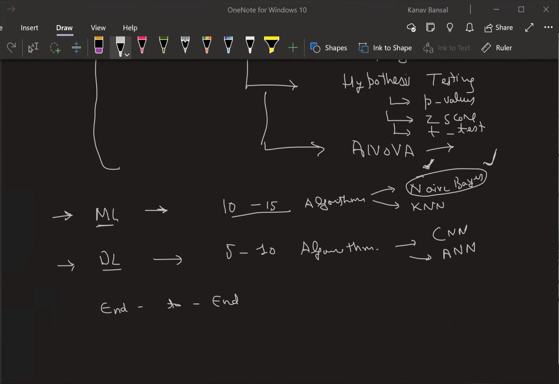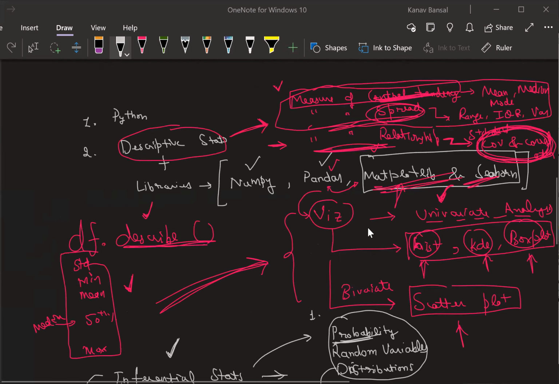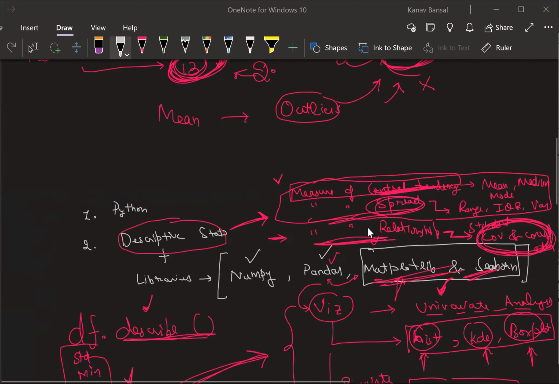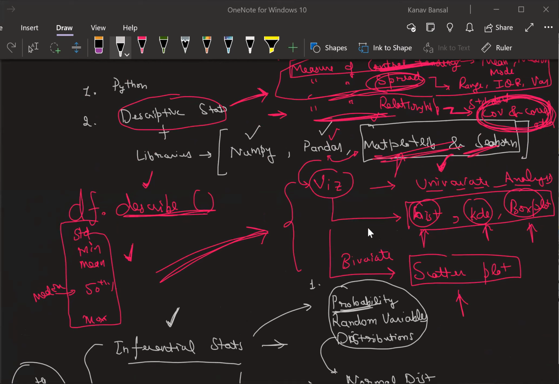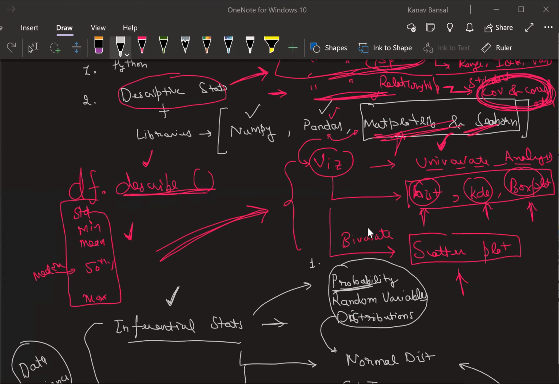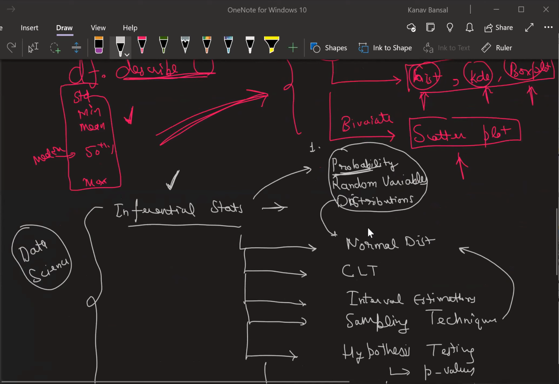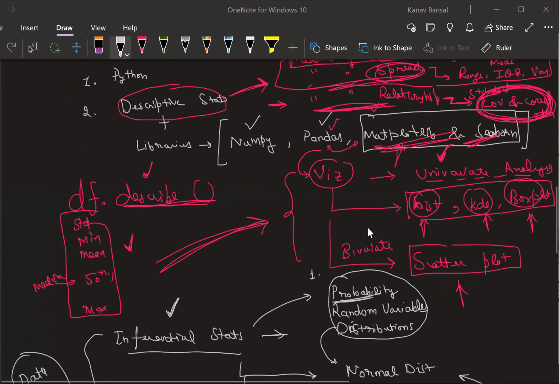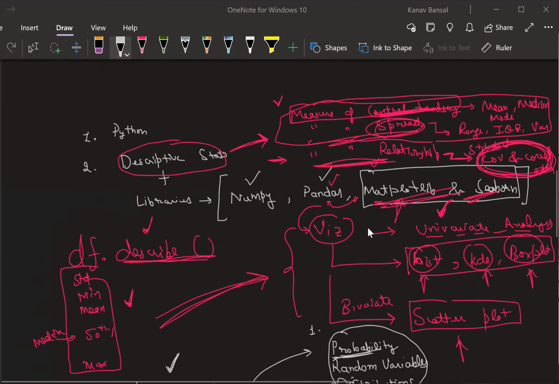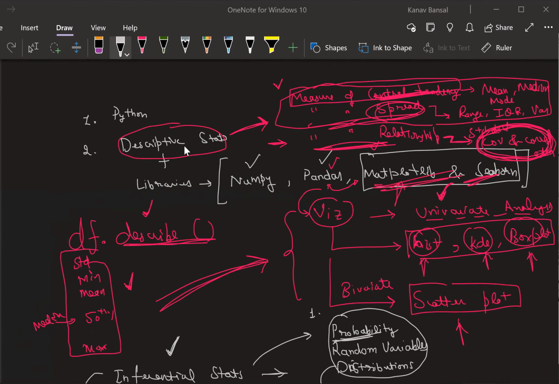Making sense to everyone? So how many of you now think that in order to become a data scientist, you need to learn so many things? Actually, I believe that you need to learn a lot in order to become a data scientist, right? It is not that easy. You need to have a very strict routine. It is like building a body. In order to build a muscular body, you need to do a lot of gym, right? Similarly, in order to become a data scientist, you need to learn a lot.